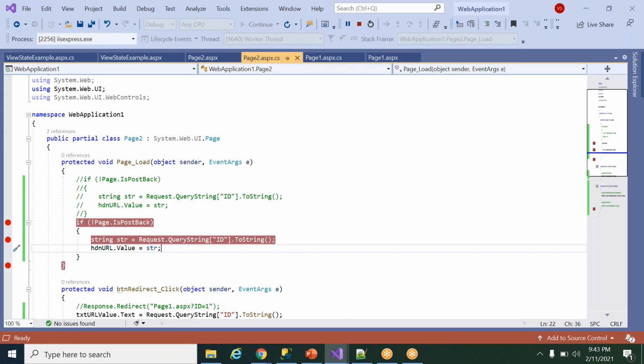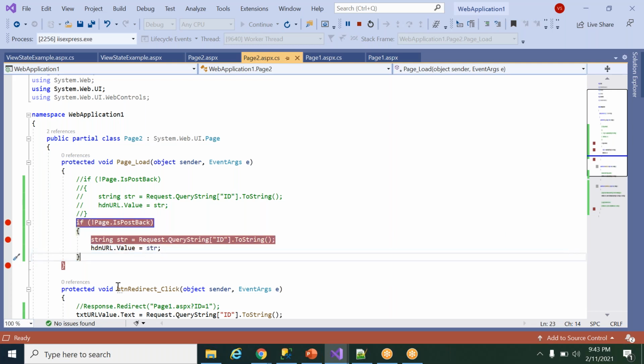We have to make sure we are taking it one time only, that IsPostBack is applied for the URL values, and we have to check that. Or else, whenever we click, this will always be executed, and because of this these two steps are also executing, so there will be a burden on the browser and on the .NET application. So we have to avoid this.